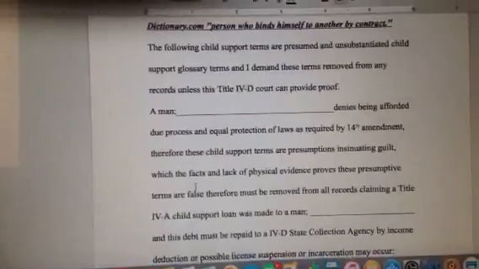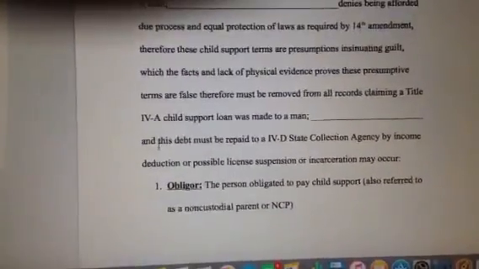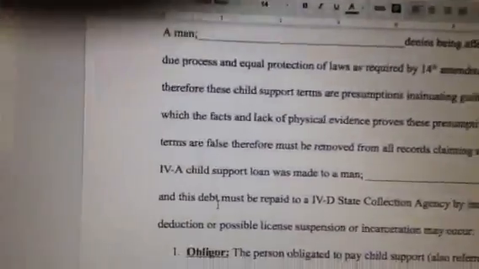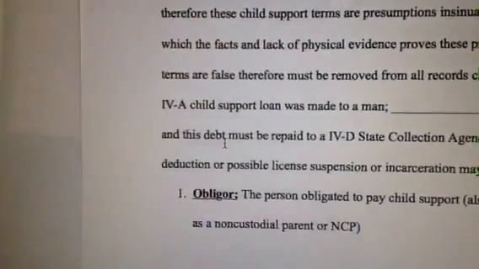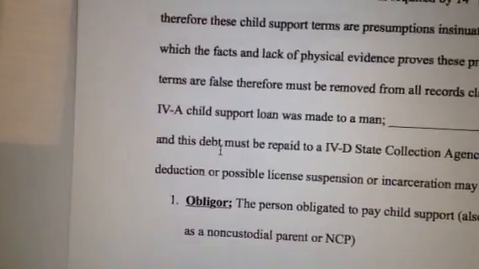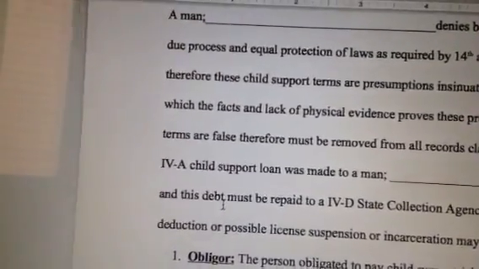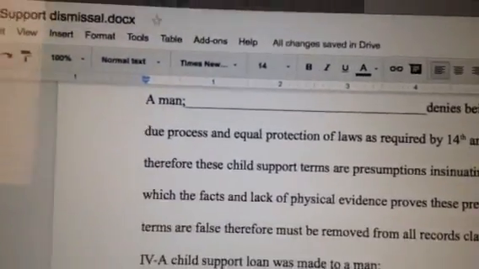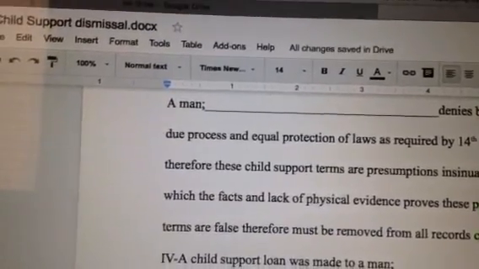Now I'm going to skip over these things. You put your name there. I want to show you what we're doing here. In order for you to owe arrears for a debt, there has to be a loan. How do you owe a credit card payment? You applied for a credit card, they gave it to you, you signed on the bottom line, you agreed to the terms. You go out and use the credit card, and you owe money because they lent you the money to buy that item in the store.